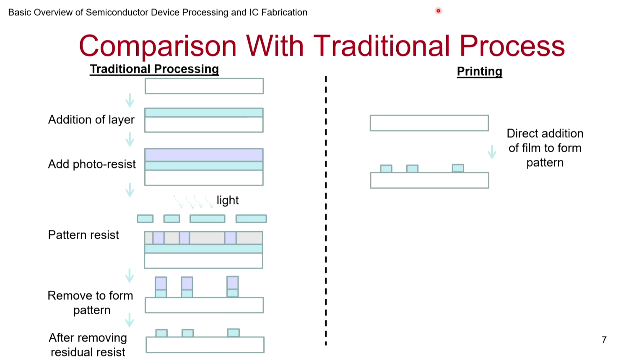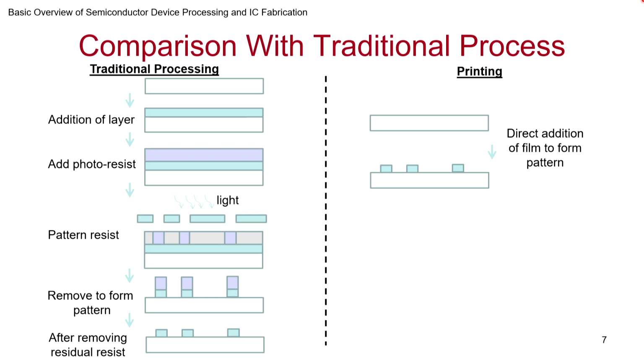If you look at printing, you just come in and put the material only where you want. See, it's a direct addition of the film to form the pattern. You can immediately see there is a big difference in the whole approach. Of course, usually printing happens at very low temperatures, room temperatures typically. This happens at high temperatures. So the whole chemistry and the approach may be different, but it may not be that you always need to